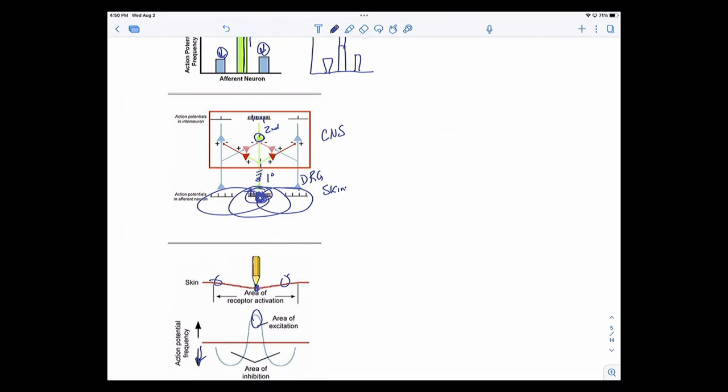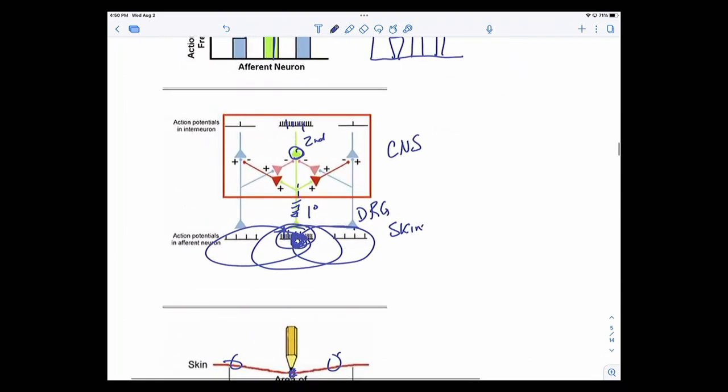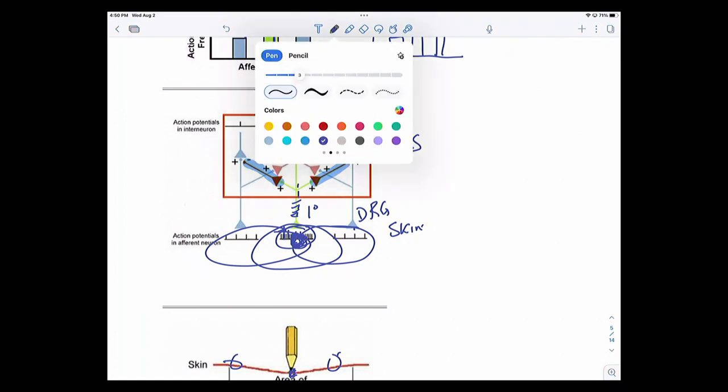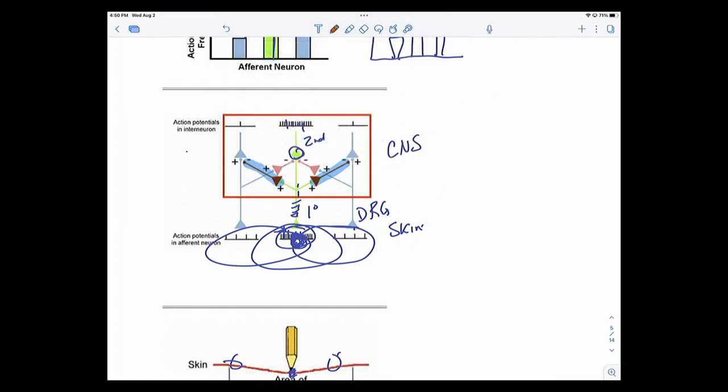But what's kind of cool, and this is where you really have to think, is that I have this internuncial neuron there, and I have that internuncial neuron right there. So what is it doing? Well, let's see here. I am stimulating this neuron here, and I'm stimulating this neuron here, and this neuron here. So this green guy here is stimulating that neuron. Note I've got action potential frequency going up here, but it's also stimulating that neuron and that neuron.